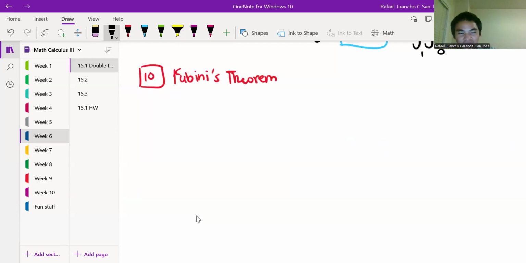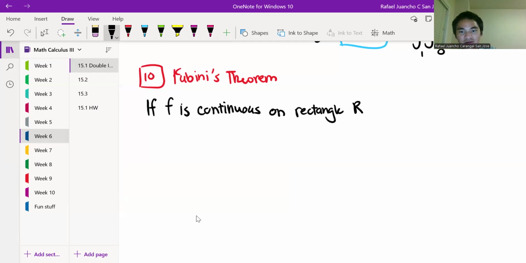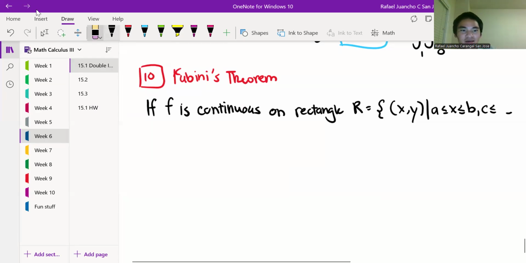Okay, so Fubini's theorem states that if f is continuous, if our function of two variables is continuous on a rectangle, we're going to say this is the set of all points, and we're putting bounds. I don't know why I put x again. I meant y. This is y. If it's continuous in that rectangle, then